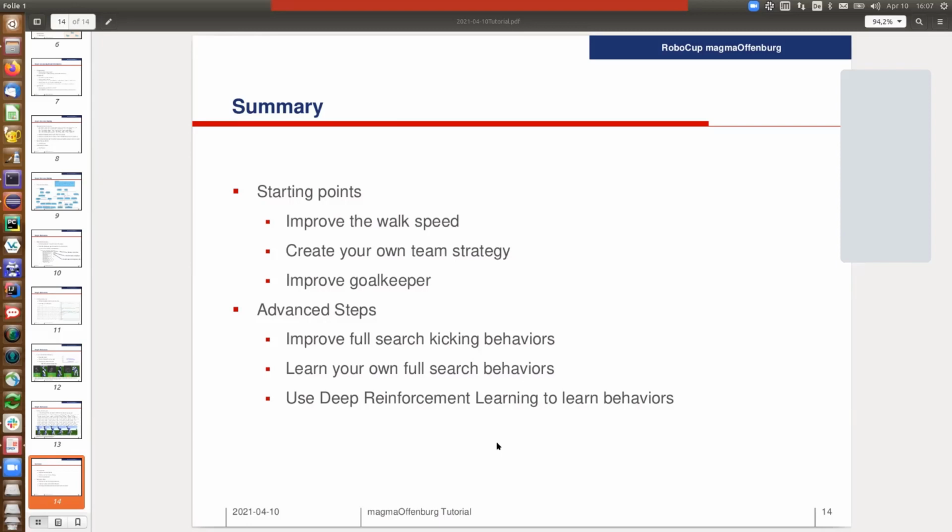You probably might also want to create your own team strategy, your own team setup. Where do the players appear on the field? This is something we have shown you. And one thing we are still also working on ourselves is to improve the goalkeeper. Our goalkeeper is there and is kicking quite well, but it's not catching quite well. And if you are more used to the code and you have more overview on what's happening, then the next step might be to improve